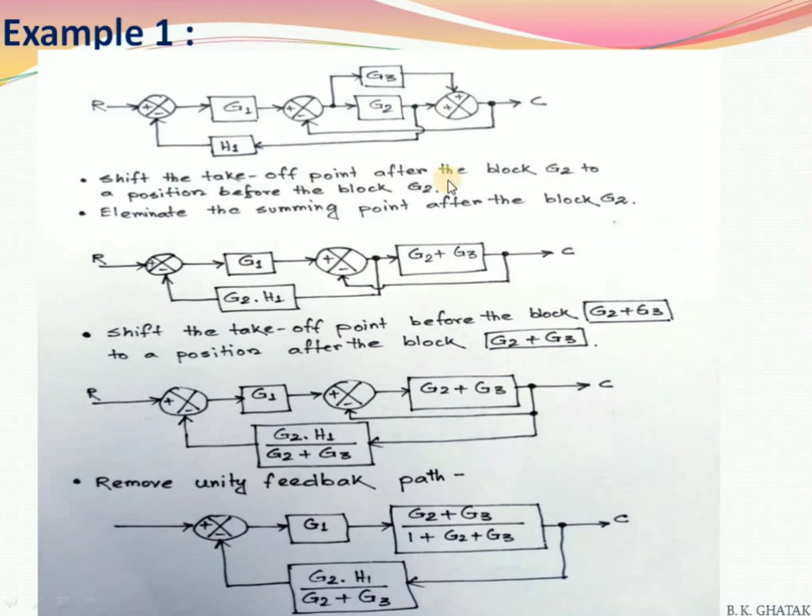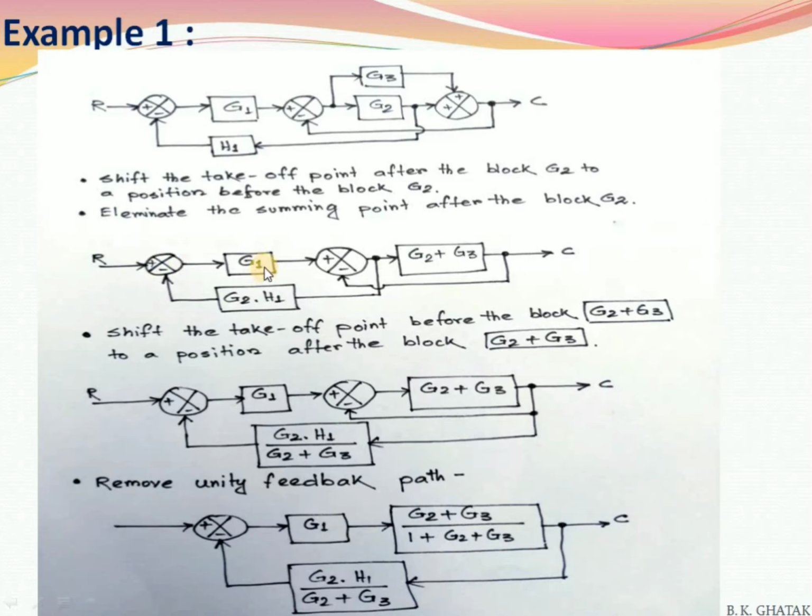Shift the takeoff point after the block G2 to the position before the block G2. So we have to transfer this from here to here. Clear? And then eliminate the summing point after the block G2. Clear? Then eliminate this one, because here it should be G2 plus G3. Clear? So if we redraw this picture, then it must be just like this: R, a summing point, then a